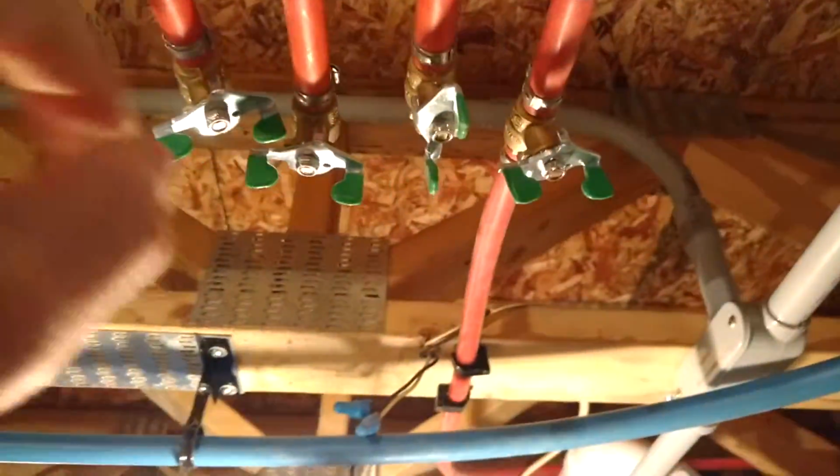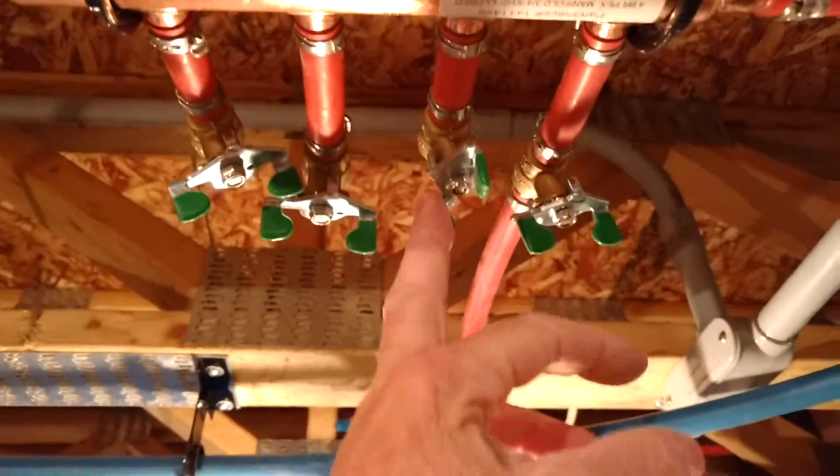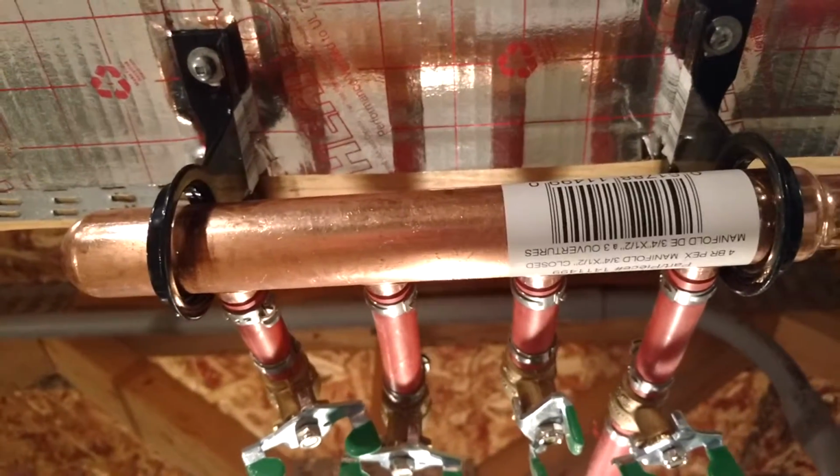So I've done the same thing with the hot water. Okay, it'll be the same sequence. Now I've also got a hot water shut off here that's going to go to the toilet, and the reason I've done that is that as we get older, they've got these fancy-schmancy